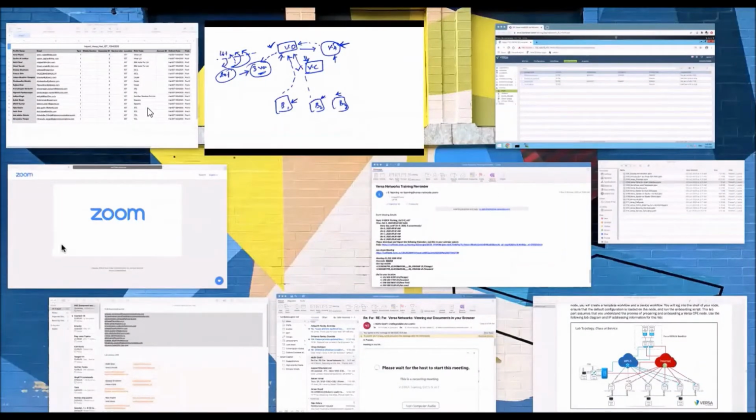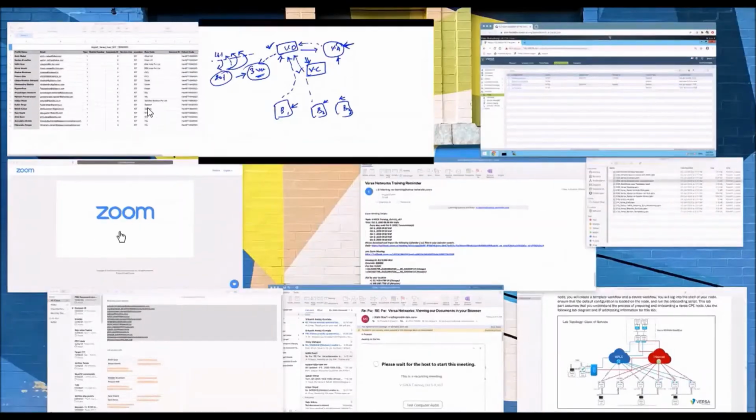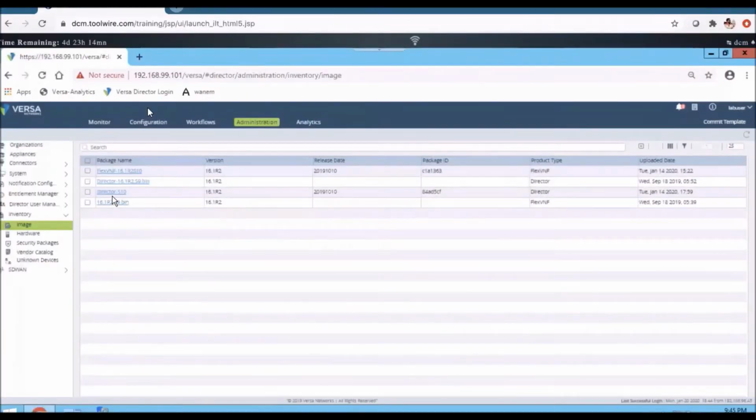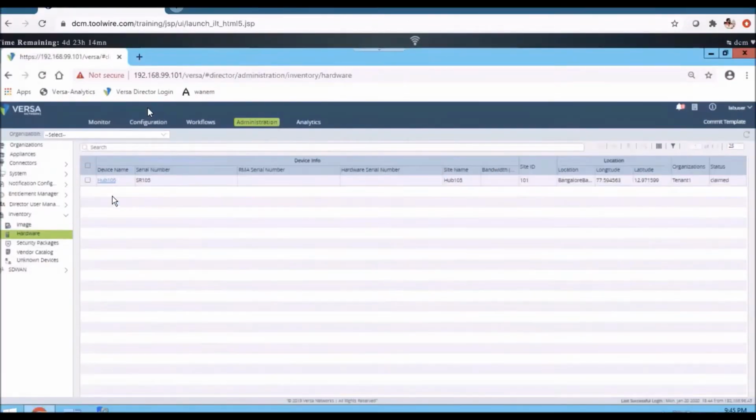So now coming to the hardware here. Hari, I have a quick question. When it comes to upgrading the images, where can we find the latest release? In case of an on-prem deployment, where can I find the latest release so that I can upgrade the equipment? Does it get reflected in the director, or do I have to take that image?